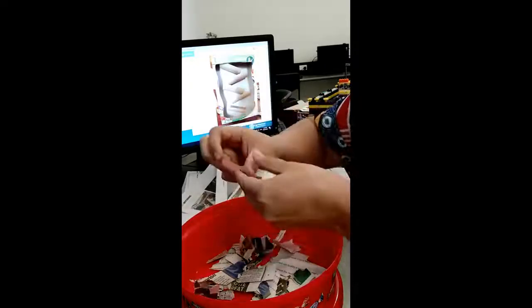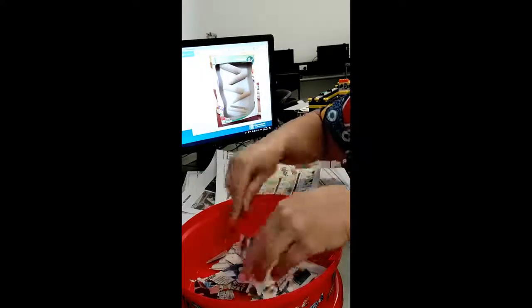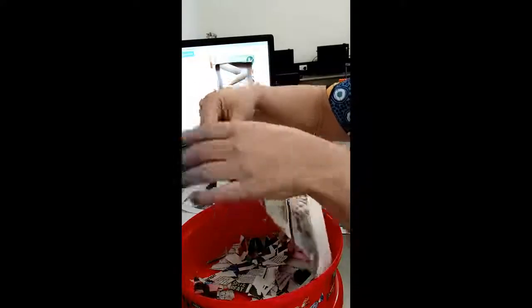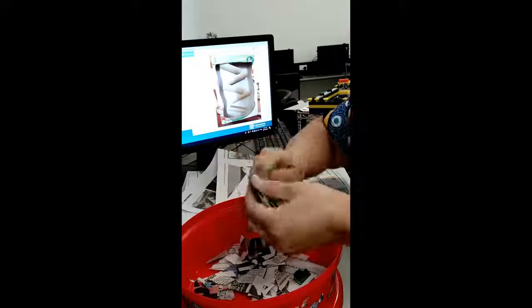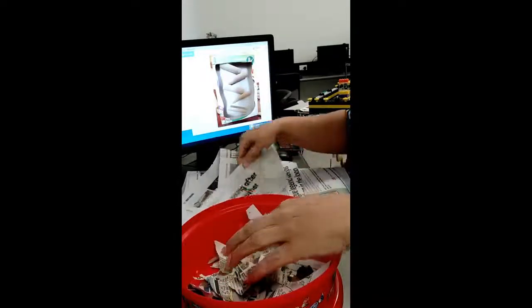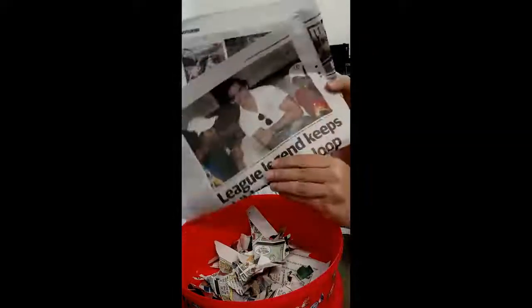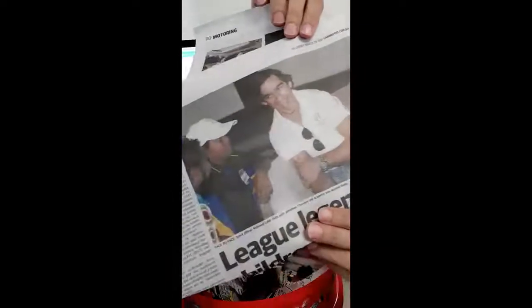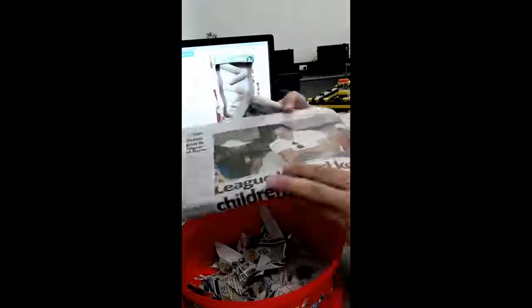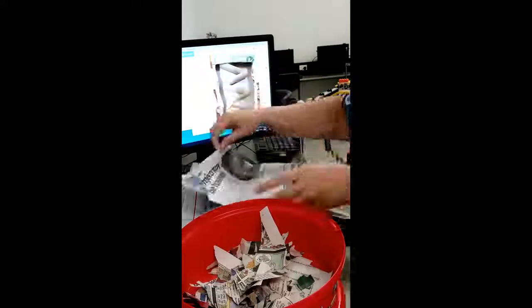So we rip up newspaper as small as we can, lots and lots of newspaper, rip it all up. Oh, that's nice. Oh, look, some cartoons. Oh, Garfield, he's funny. Okay, so I've read those cartoons, so we don't need that. So we rip it up nice and small. Oh, this one says, looking after each other. I like that. I might keep that piece. And this one, oh, look who it is. Jonathan Thurston talking to some kids up in the Cape about staying safe during the virus. Oh, we'll keep that one too. I'll put that one up on the wall. But this one, we don't need. So we'll just rip up a little bit more. We rip it all up,